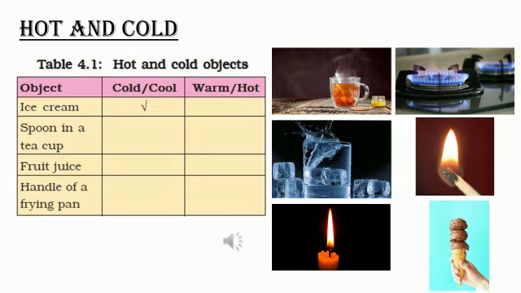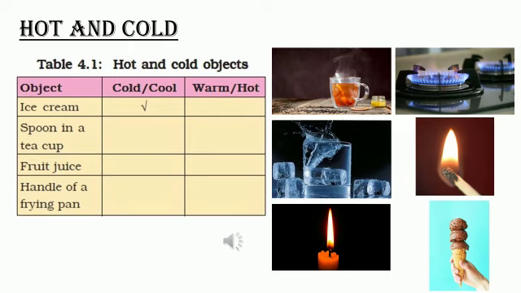If you touch it, you can feel that hotness, isn't it? And when you touch ice, you feel cold. So list some objects like this that you commonly use in your home in table 4.1. Which are the substances that are hot and which are very warm and hot. Okay, you need to fill this table.